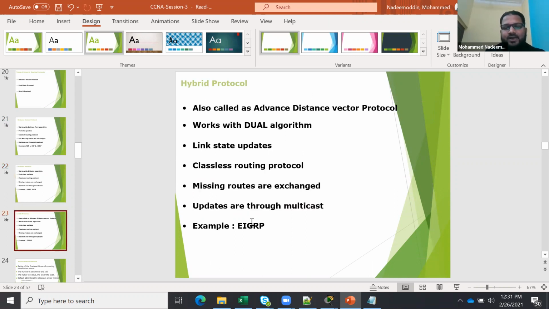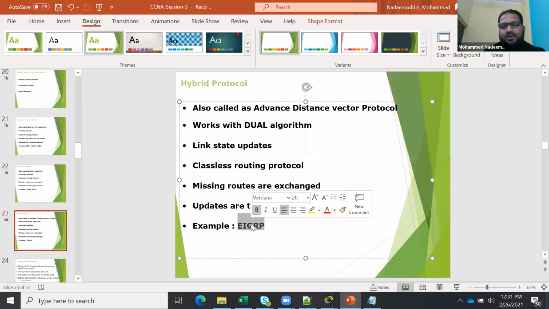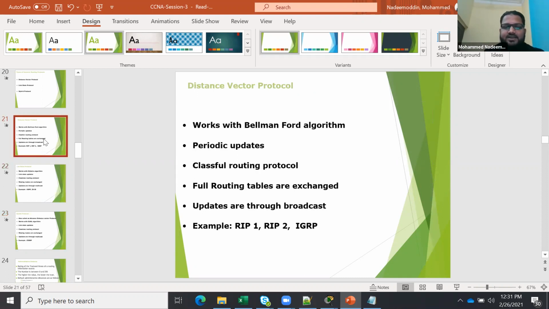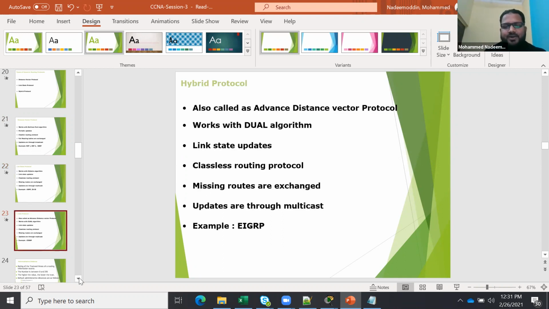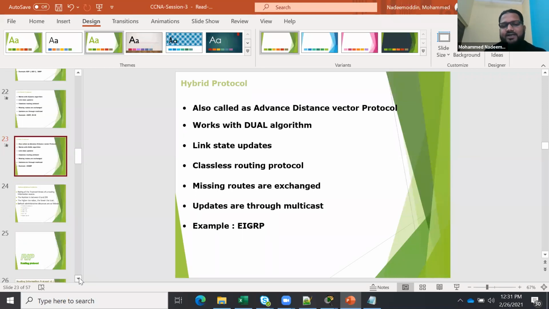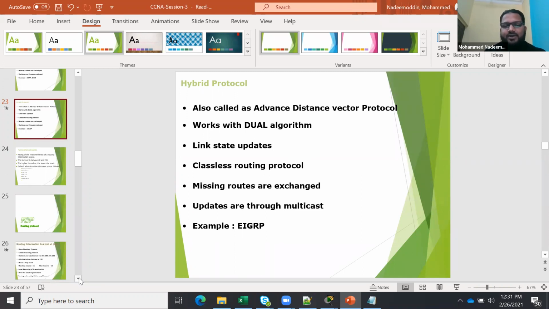Similarly, in the hybrid protocol, EIGRP is prepared by Cisco, and it is a mixture of RIP and OSPF. It is one of the easiest protocols. OSPF is a complex one. RIP is simple, but it doesn't have that many features. It is limited: you can connect only small topologies with RIP. OSPF you can use for larger topologies, but they will be a bit complex. EIGRP is very simple and very useful. But the disadvantage of EIGRP is that it is Cisco proprietary, only Cisco to Cisco. If you have a Juniper environment, you cannot use it.